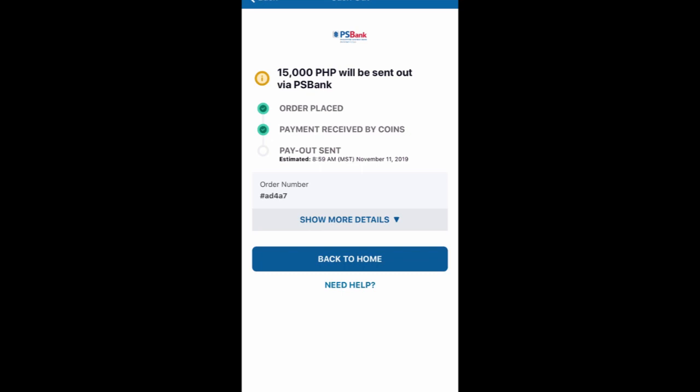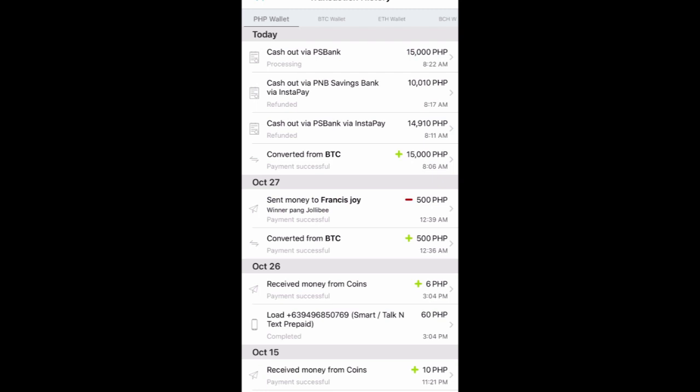Okay? So I have now the order number. So it means nag-go through siya and hindi siya nag-refund. Kasi dito sa Coins.Ph, once na hindi successful yung transaction, makikita mo agad sa history. Very fair and very transparent. So, yan, 8:22 a.m. And since ginamit natin yung free na transfer, we'll wait up to 24 hours